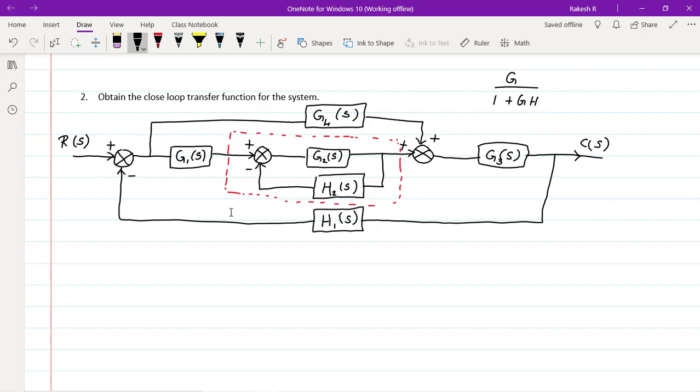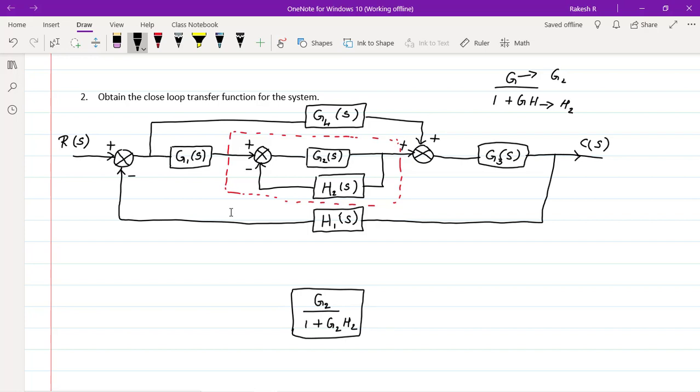If we have the positive sign in the feedback, then we need to use negative in the denominator. If we have the negative sign in the feedback, then we need to use a positive sign in the denominator here, right? Now what is G here? G is nothing but G2 and H is nothing but H2 here, right? So first I'll write that one. Instead of G2 of S, I'll write just G2 here: G2 divided by 1 plus G2 H2 here, right? So we have reduced the minor feedback loop.